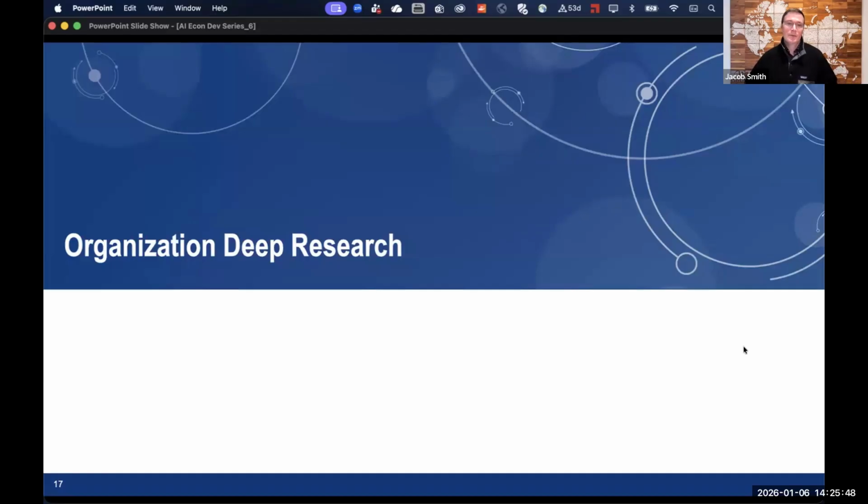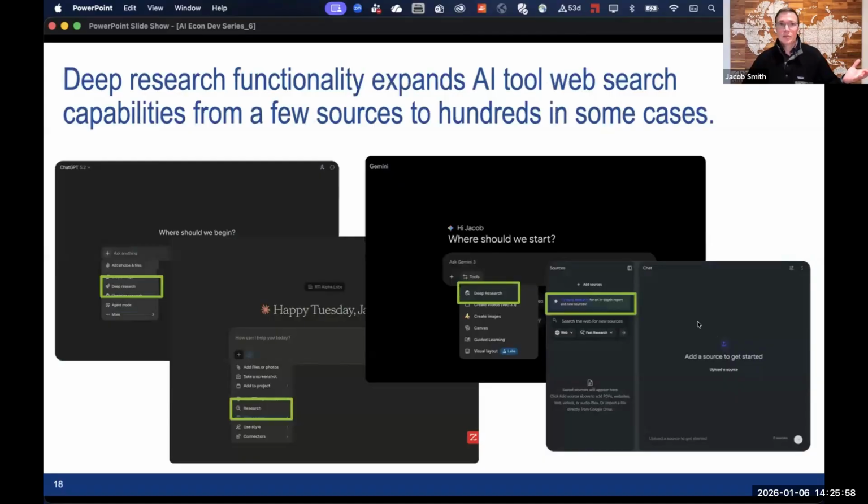What I wanted to spend more time on today was the deeper research. So say you have that short list of organizations that you've identified through your external research process. What you can then do is use a deep research functionality within a tool in order to get a full report, a report that will go search the web for, in some cases, hundreds of resources to give you truly a fuller picture of what these organizations are all about, what they're funding, how you might partner with them.